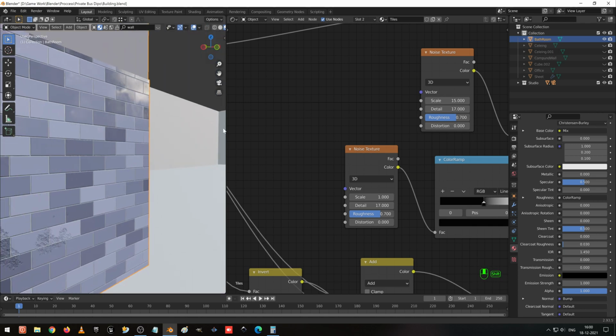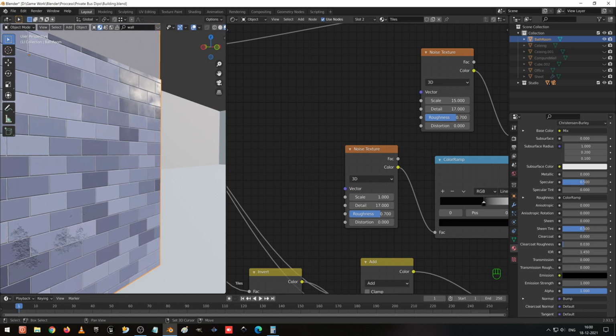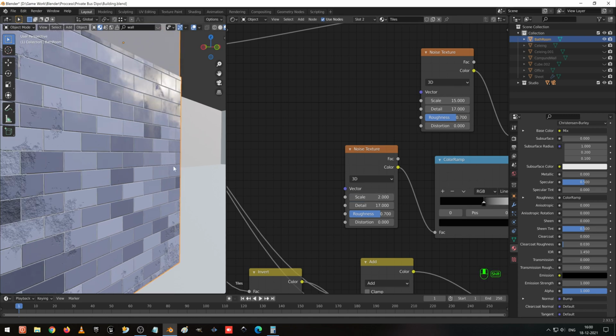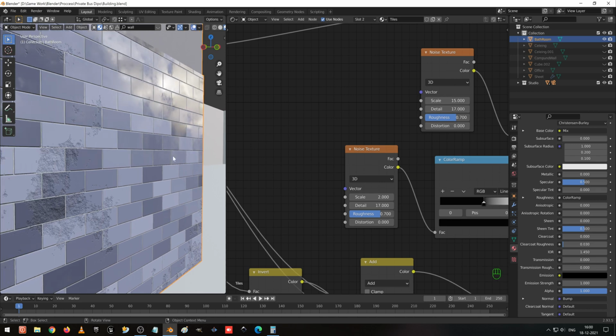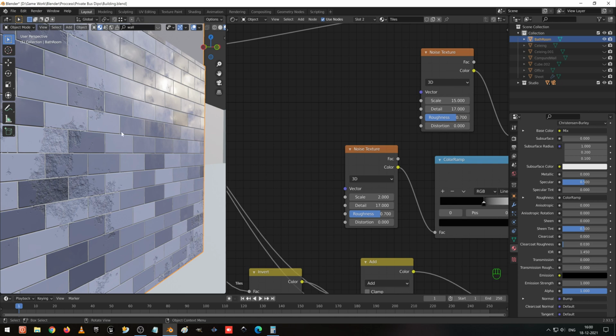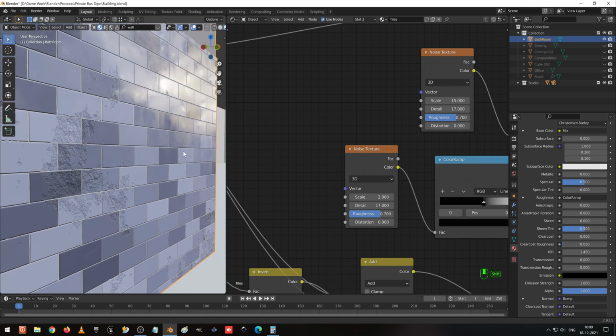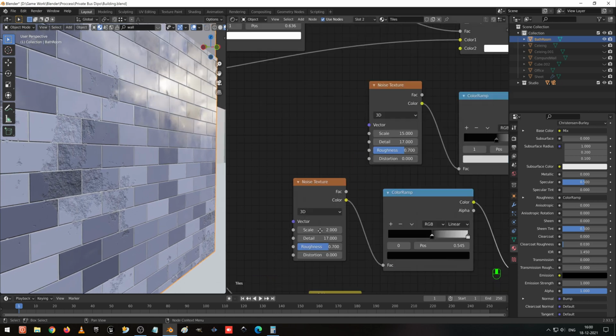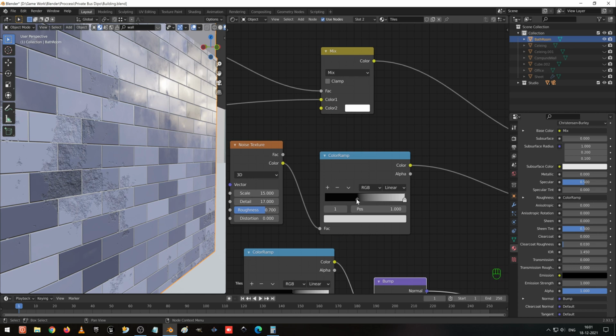So I don't think so, instead of that, you need to go for many tiles now. So I make it 2. Yeah, this looks better, I feel. Okay, and this roughness also I'm going to make a little bit shiny.